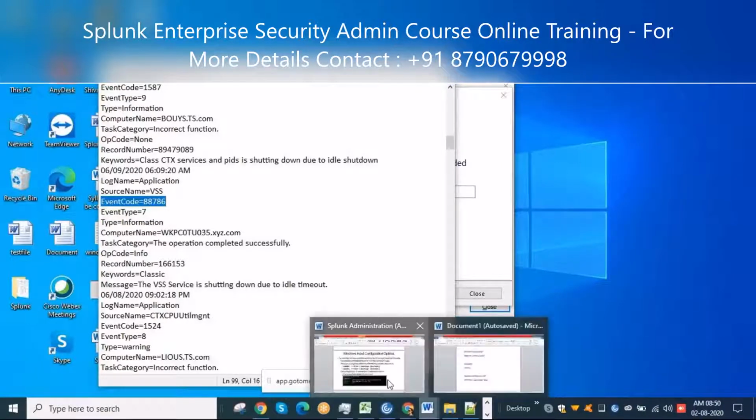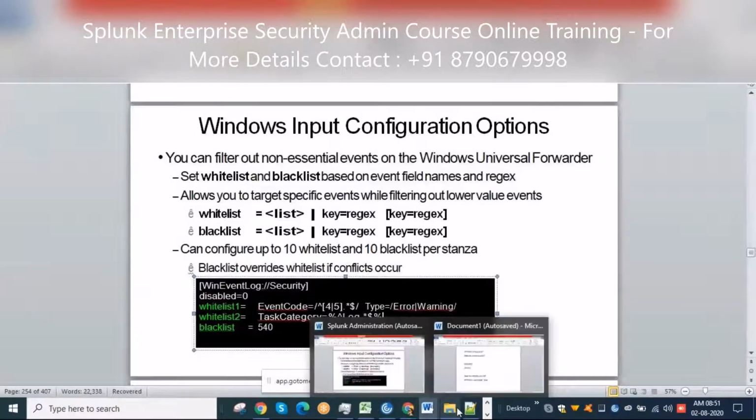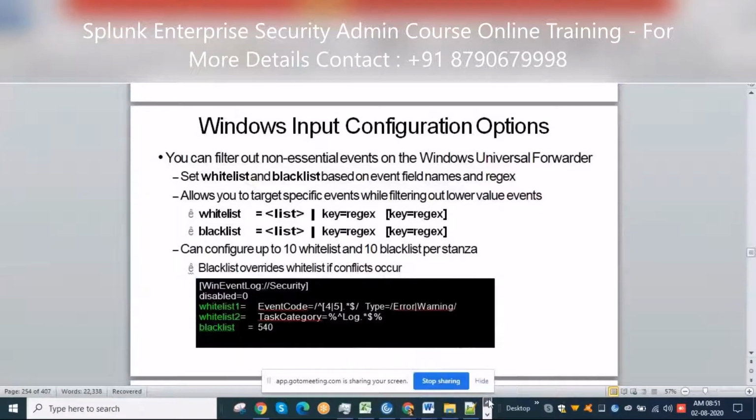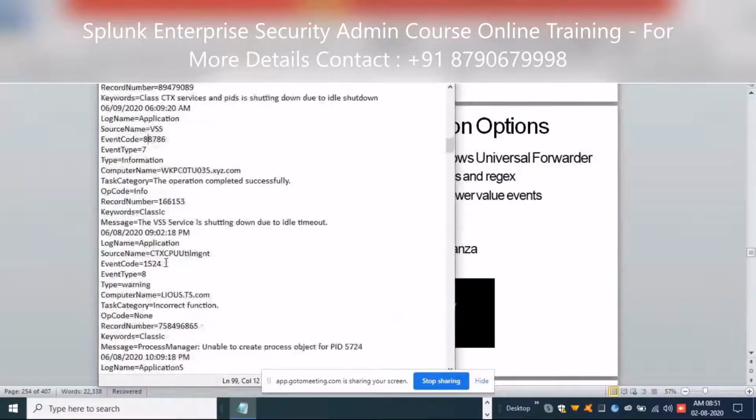Now what he has given is whitelist event code 4 or 5. That means if my logs contain the event code 4 or 5, followed by something, dollar. That is a regular expression. So if my event code starts with 4 or 5, my Splunk will ingest the logs.